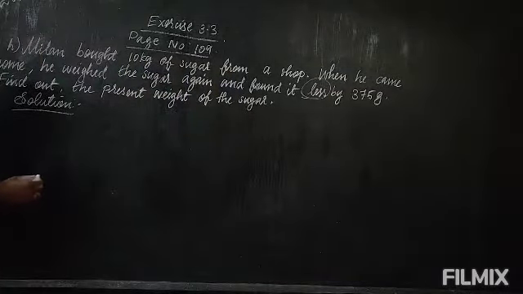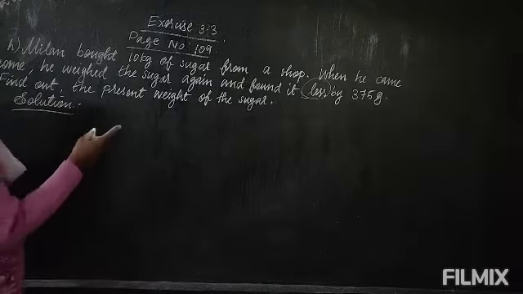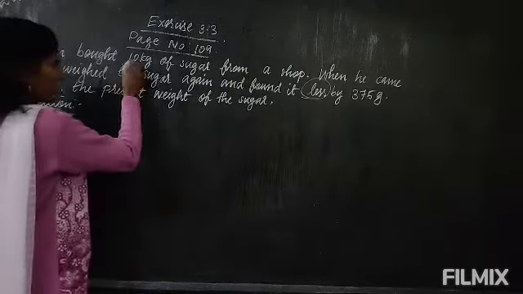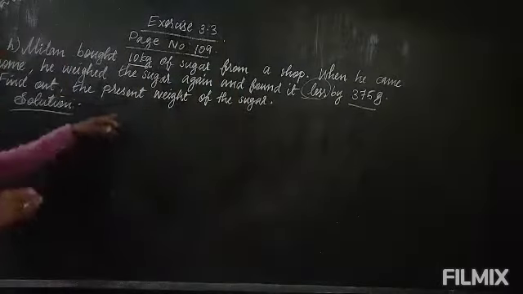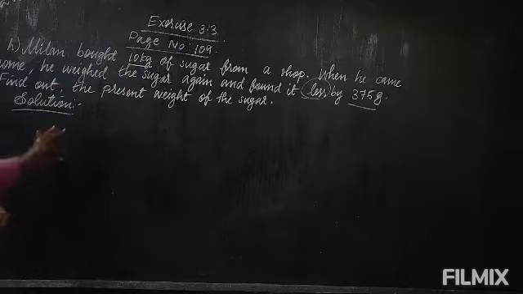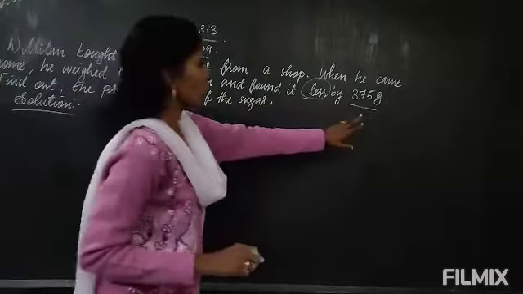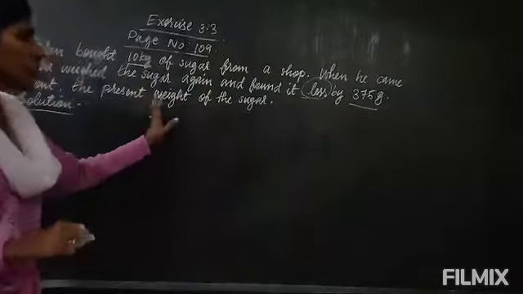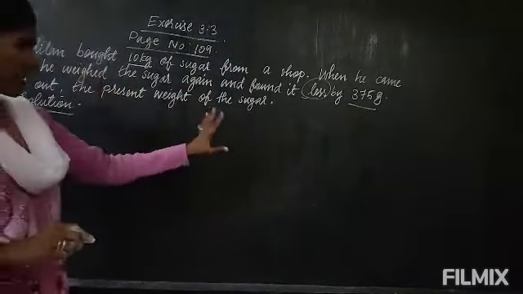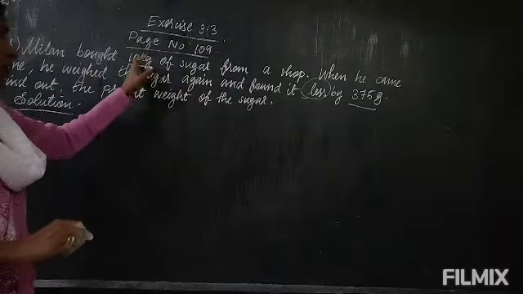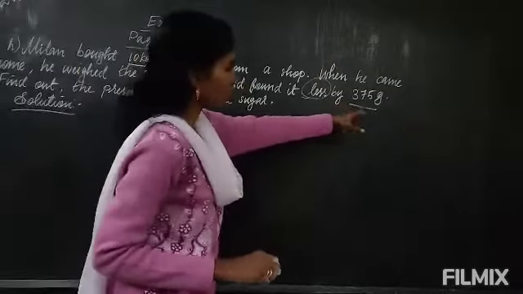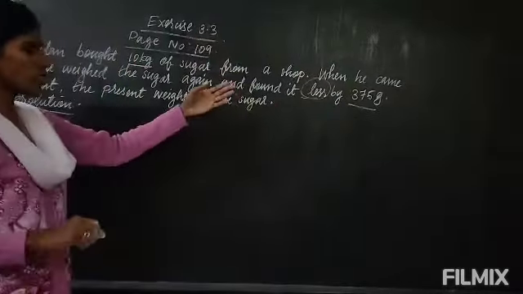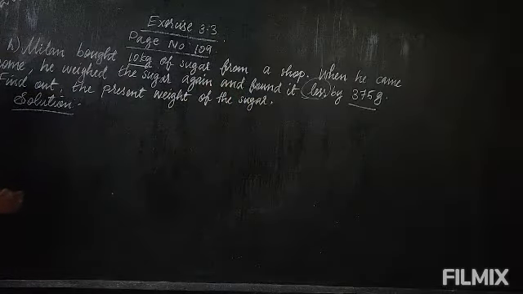So you have to minus here. When you minus, I told you, write the bigger number first. So here only two measurements are there, that is 10 kg and 375 gram. Of these two, the bigger one is 10 kg, so that you will write first. This is in kg and this is in gram, so you will arrange them in columns, kg and gram. Here there is no gram, so in the grams place you will put 0. Okay, let's write this statement.